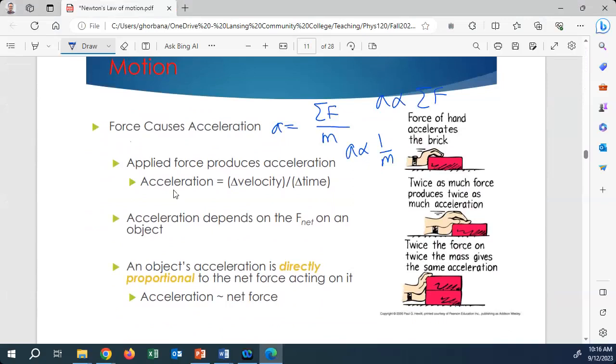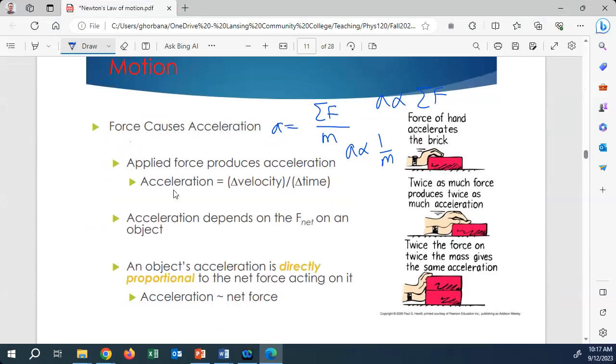But we said in Newton's third law, you remember? Earth and the person on the ground. The person is moving, the earth is almost moving, but it's not moving at all, okay? Because of the mass of the earth. Acceleration of the earth is inversely related to the mass of the earth because the mass is too big and they both receive the same net force. That's why the acceleration of the ground is almost zero, because the mass of the earth is a really, really, really big number. Okay? So